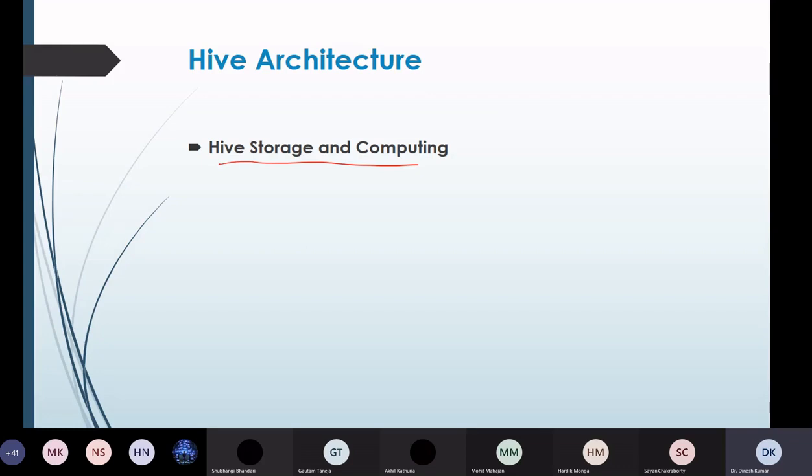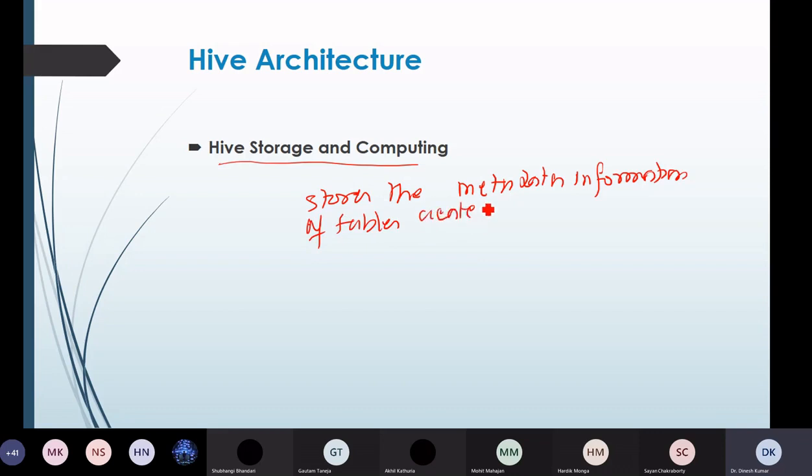So Hive storage and computing basically stores the metadata information of tables created in Hive, because in the early slides I told you that the data in Hive is in the form of tables.